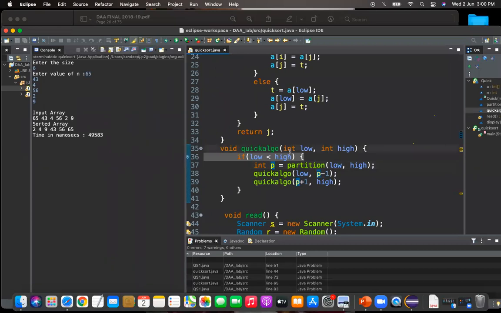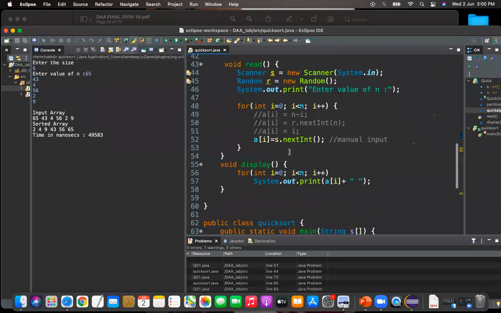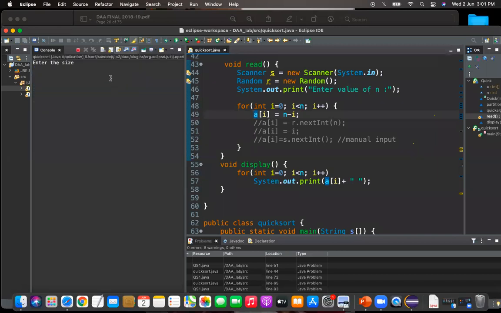But this is for small values of n. Let's give large values of n and observe the time. I will give n value as 90.